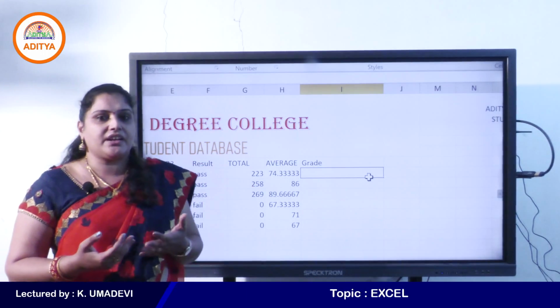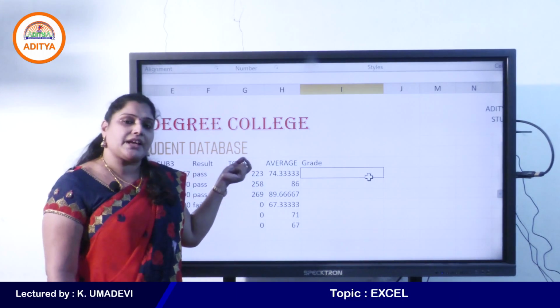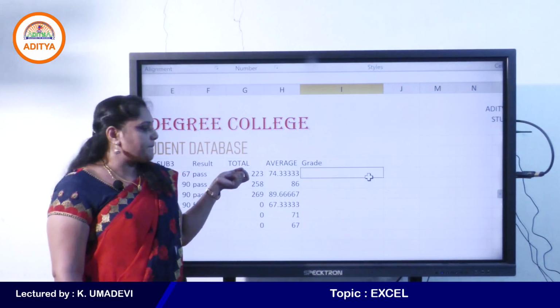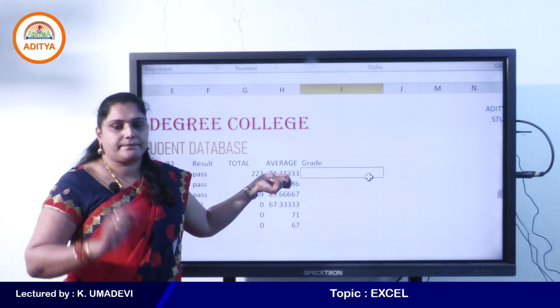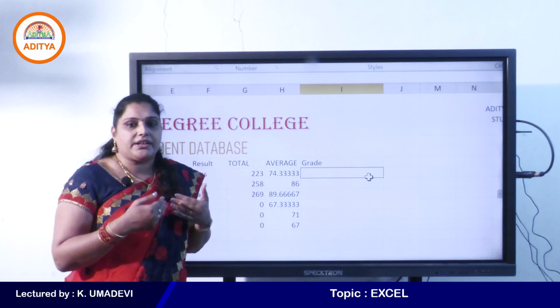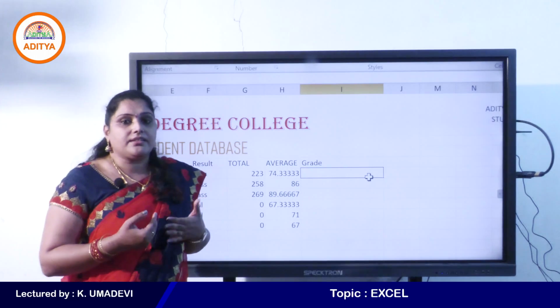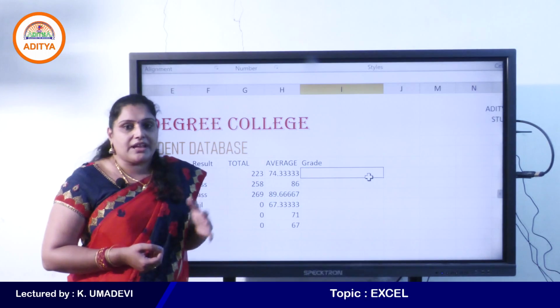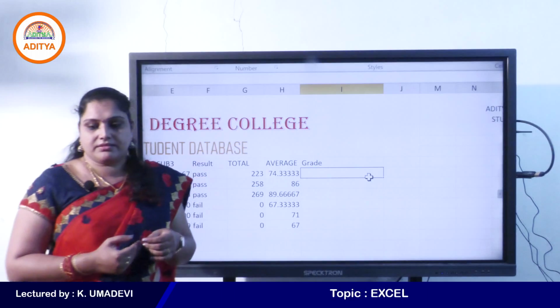For example, here if the student got less than 35, then the grade would be F. If the student secured less than 75, then the grade would be D. So like this we can print the grades by using average marks.